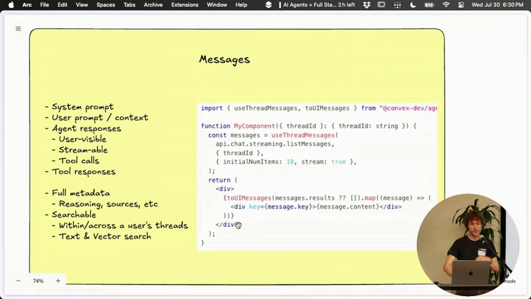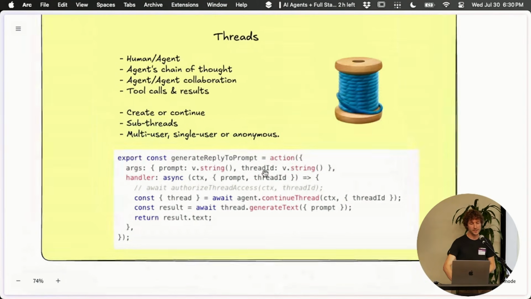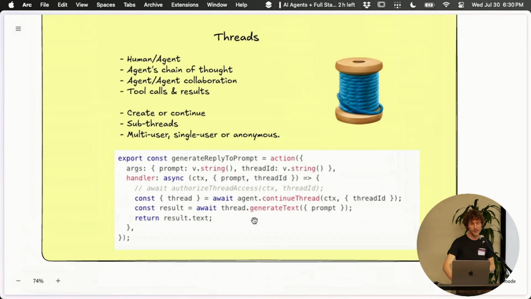Messages, kind of what you'd expect. There's system, there's users, there's the assistant messages where some of those are user visible. Maybe some of those are tool calls. There's tool responses, things like that. And these store the full metadata. So all you need to do is save in the data that you want to use to prompt, and it will save out the full message metadata that you would use to then call any LLM. But the cool thing is that when you do this generate text call on a thread agent,